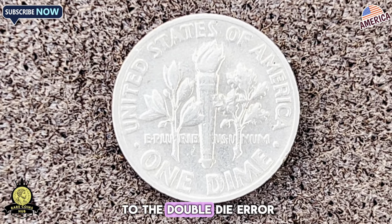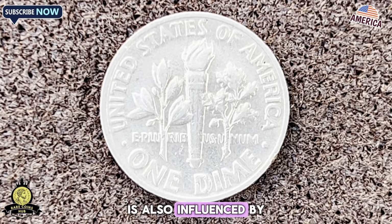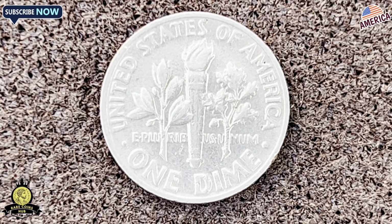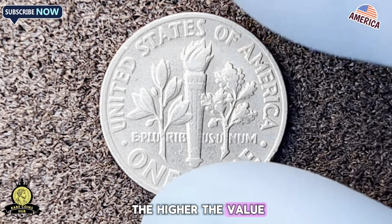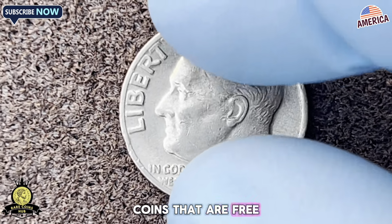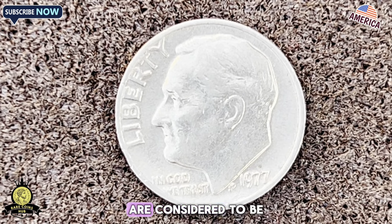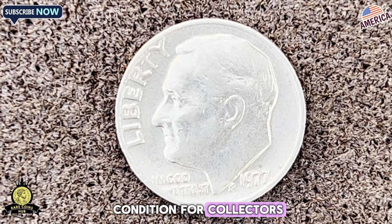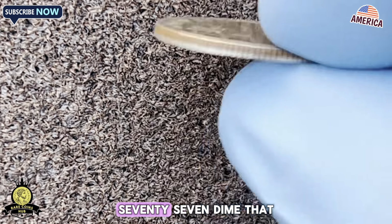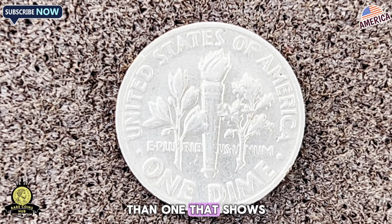In addition to the double die error, the value of the 1977 dime is also influenced by its overall condition. As with any coin, the better the condition, the higher the value. Coins that are free from scratches, discoloration, or other signs of wear and tear are considered to be in mint state, which is the ideal condition for collectors. A 1977 dime that has been graded in mint state is far more valuable than one that shows signs of